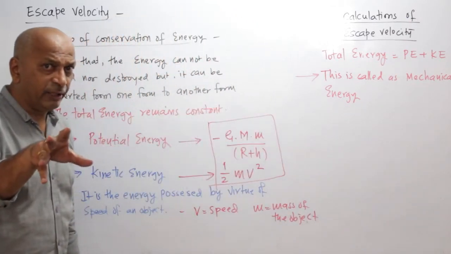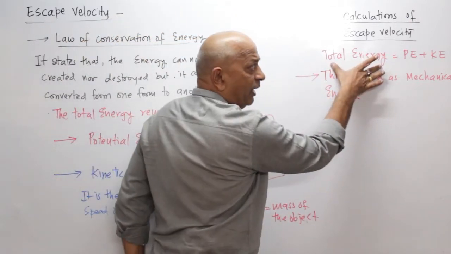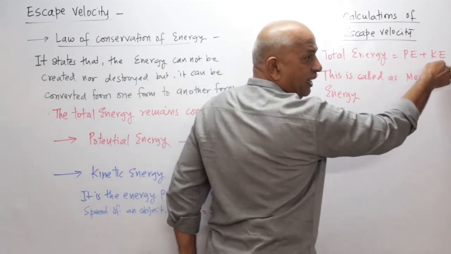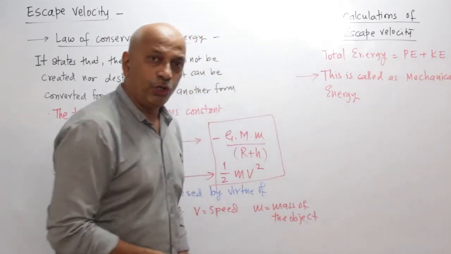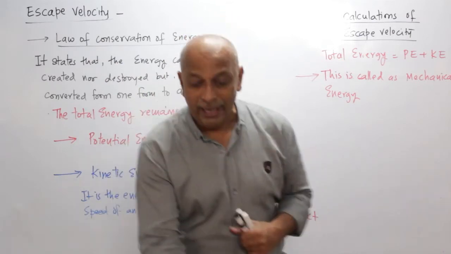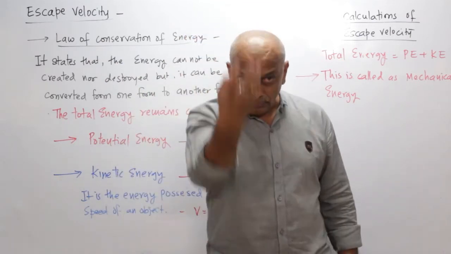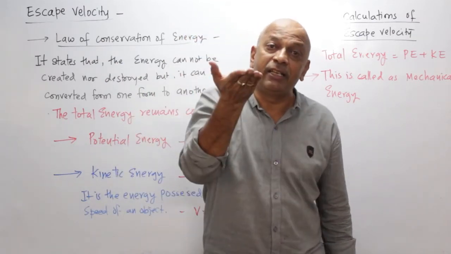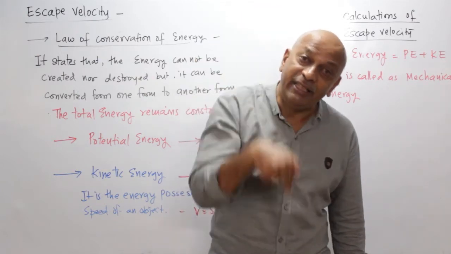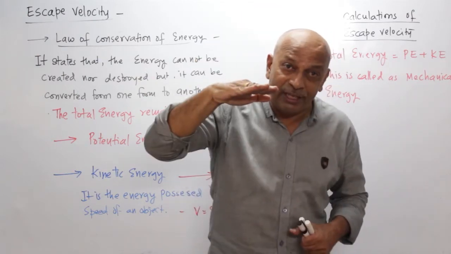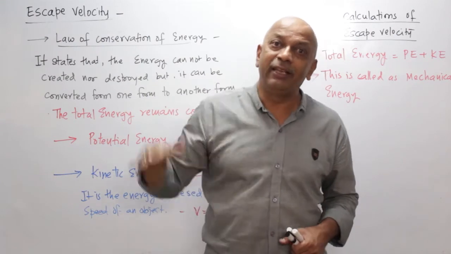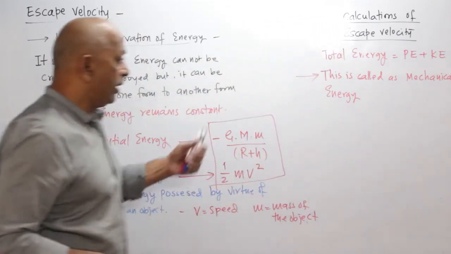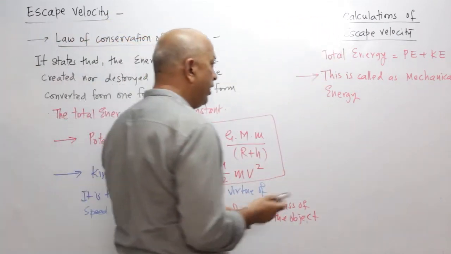As it goes up, the PE is increasing, the KE is decreasing. At an intermediate stage there is a KE, there is a PE also. So you can write down here,